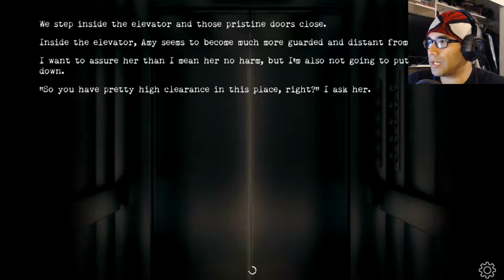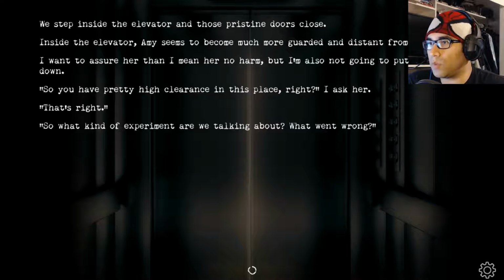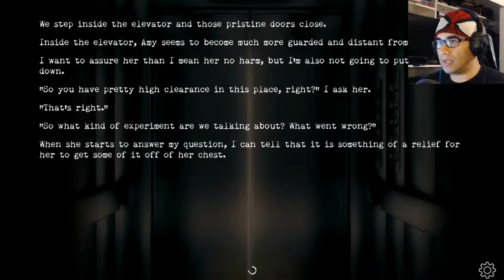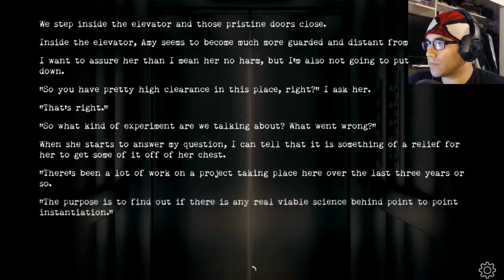down. So you have pretty high clearance in this place, right? I ask her. That's right. So what kind of experiment are we talking about? What went wrong? When she starts to answer my question, I can tell that it is something of a relief for her to get some of it off her chest. There's been a lot of work on a project taking place here over the last 3 years or so. The purpose is to find out if there is any real viable science behind point-to-point instantiation,